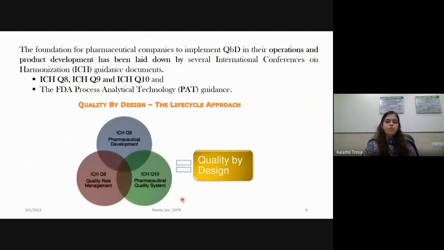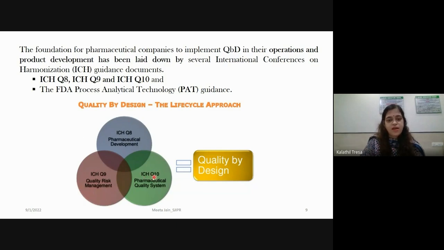The foundation for pharmaceutical companies to implement QBD in their operations and product development has been laid down by several ICH guidance documents, that is, International Conference on Harmonisation guidelines. That is ICH Q8, which basically gives you guidance on pharmaceutical development. ICH Q9 gives you guidance on quality risk management.